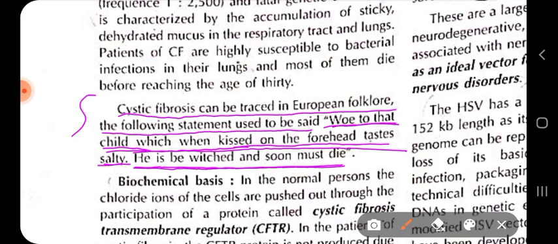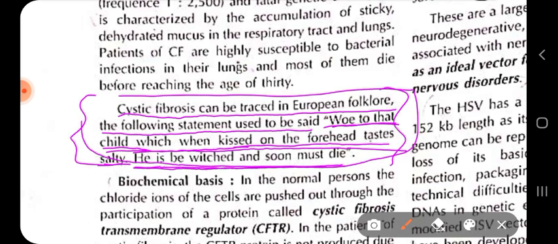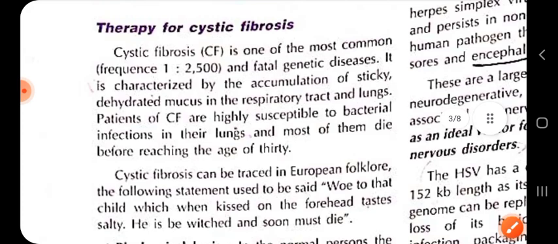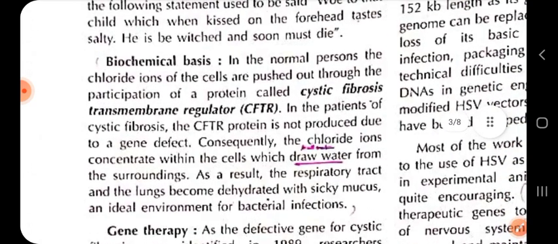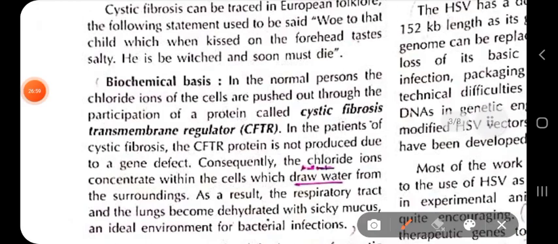So it is their folk song where they used to say about this cystic fibrosis. They have mentioned it. But the main biochemical basis we will discuss, that why this type of sticky mucus like thing accumulate within the lungs every time at every movement. The biochemical basis of cystic fibrosis is that, let us see, in normal persons, the chloride ions of the cell